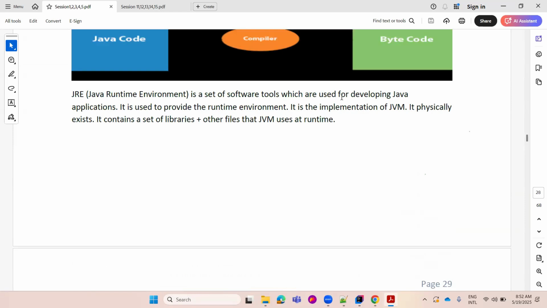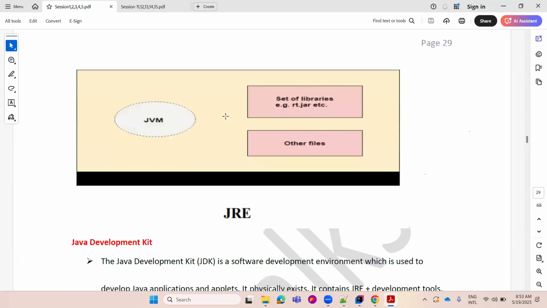JRE is actually used to provide a runtime environment, and it is an implementation of JVM, and it contains a set of libraries plus other files that JVM uses at runtime. Okay, this is called a JRE. Simply we can say that